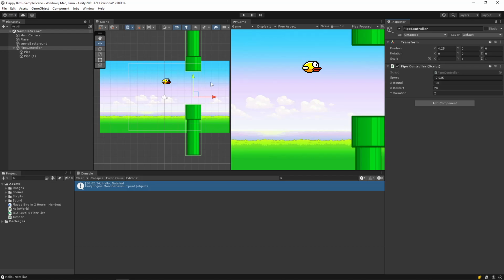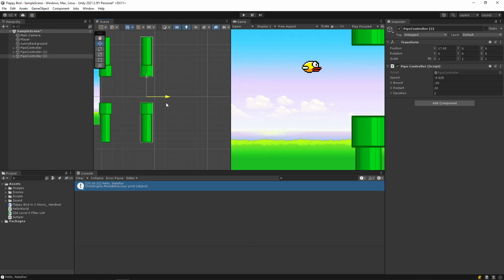Okay, so an easier way to duplicate these is just to hit Control D on the keyboard and move it over. You can actually hold down this axis and hit Control D and it will duplicate it in place. I found out about the hotkey where you can duplicate while you're moving it, and I was just, oh my goodness, it's great. It saved me so much time. I'm just going to line a bunch of them up.